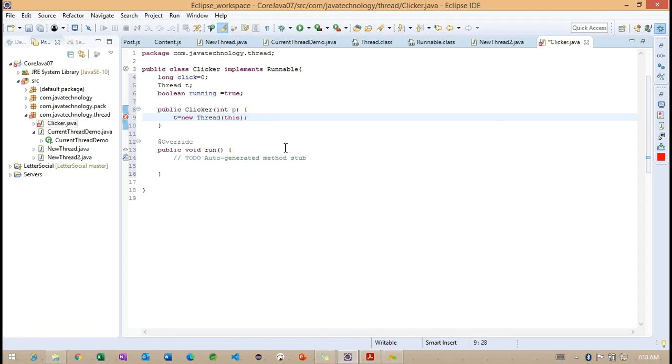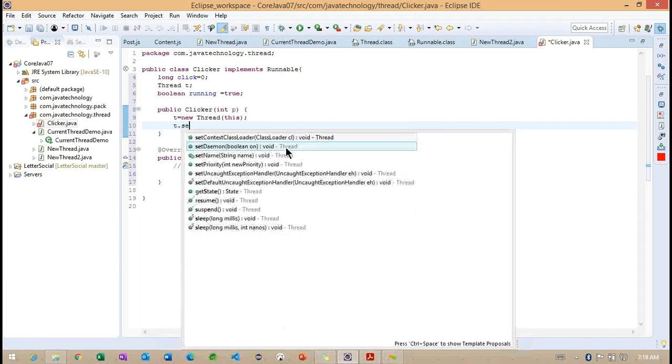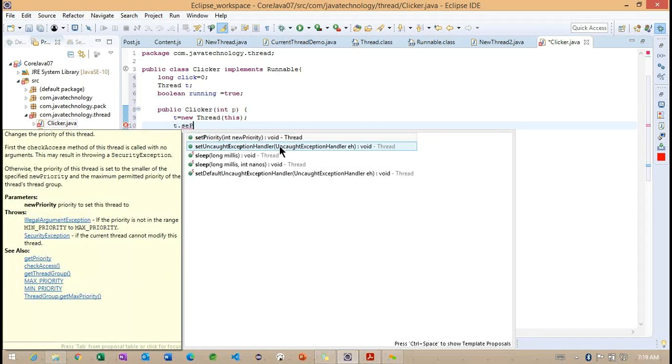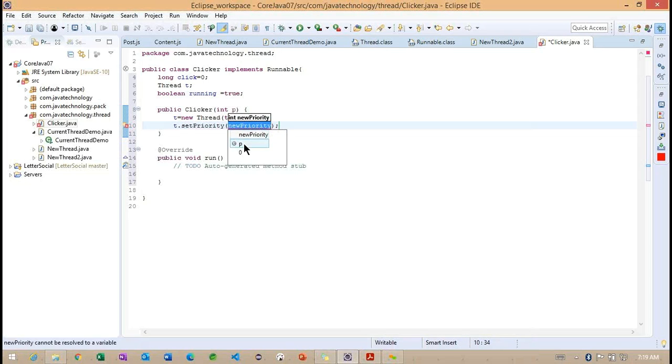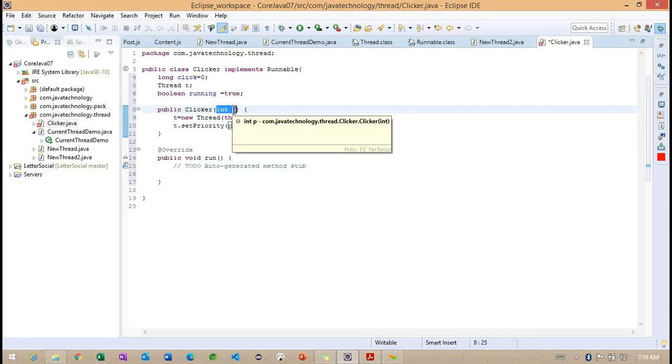Okay. Now observe, we created one thread object, and using this thread now I am calling setPriority. This priority is going to take p, and this p is coming from the constructor.